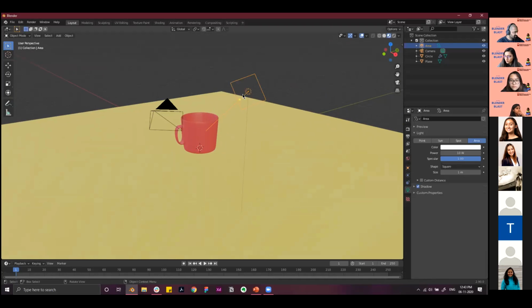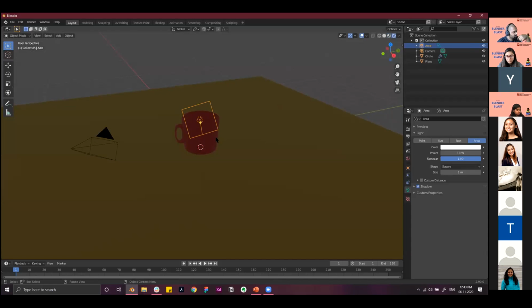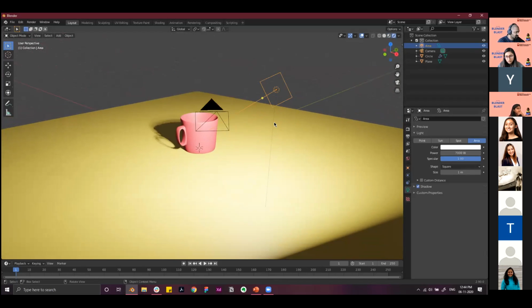So if you have so much ready, there's a light bulb icon that you will click once you select the light source. Over here, you can define the power, the shape and the size. To see it in action, you can go to the last portion wherein you see the viewport rendering. So right now you see the light source isn't strong enough. So maybe we can give it somewhere around 7,000 watts. So you can see it starts to get illuminated.